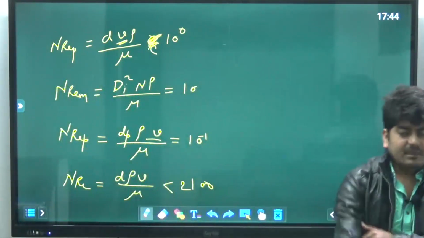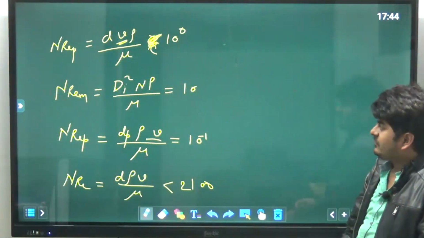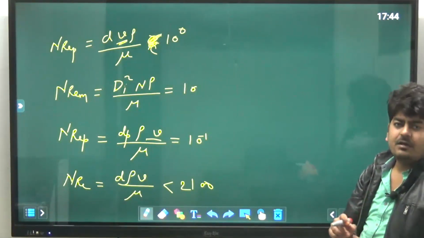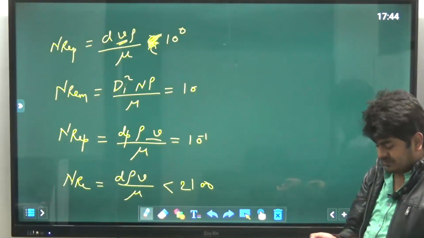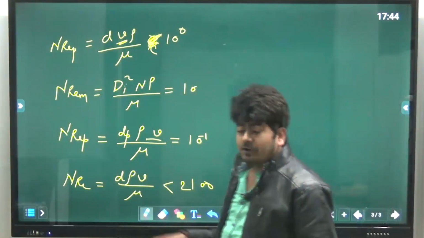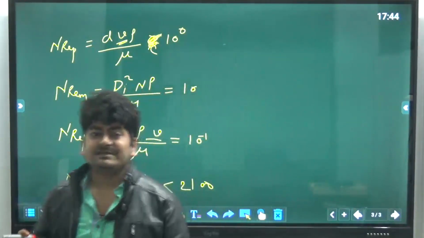Okay. Why do we have different values of Reynolds number for laminar flow? For turbulent flow as well we have different values, but magnitude-wise they look the same. Anyways, why do we have all these differences? See, what is Reynolds number? For that you have to understand.